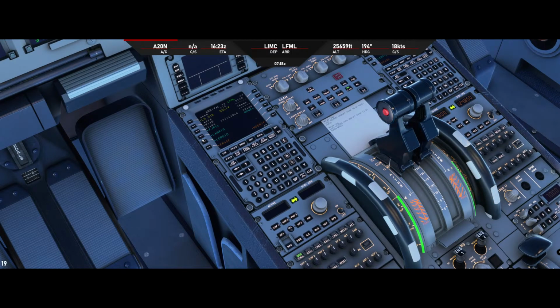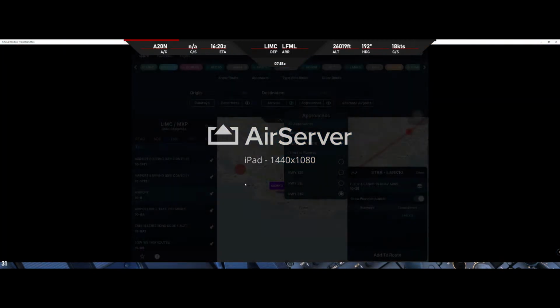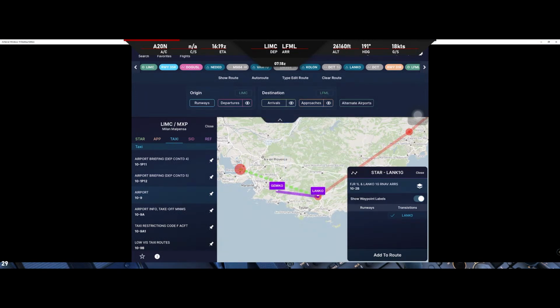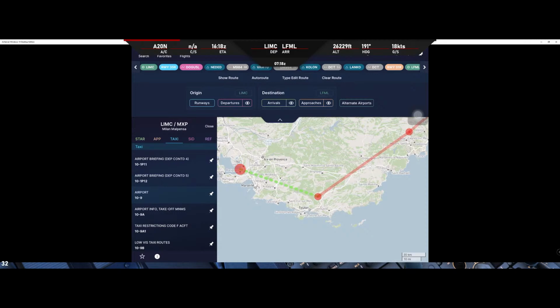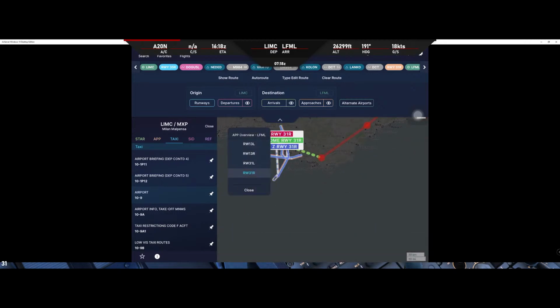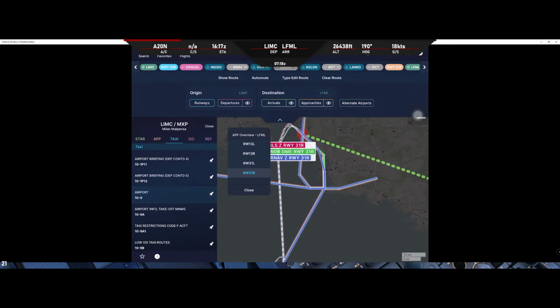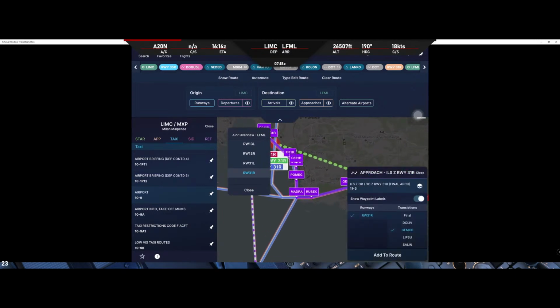I don't know if I click on approaches, if I get to open up the airport. Hold on, let me open up. Yeah, try that. Runway 31 right. Yep. Oh, yeah. So we have